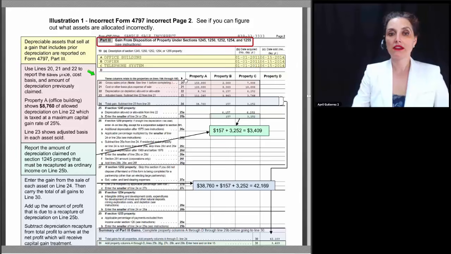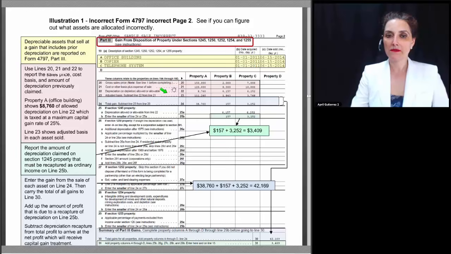You can see that in column A, we have information relating to the office building. In column B, we have information relating to the copier, and in column C, the telephone system. We enter the cost basis of each asset, and we enter the sales price of each asset. Then on line 22, we show the depreciation allowed or allowable on each asset. There's $8,760 of prior depreciation on the building, $6,157 on the copier, and $6,252 on